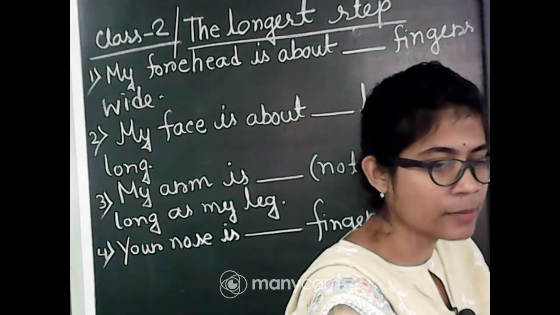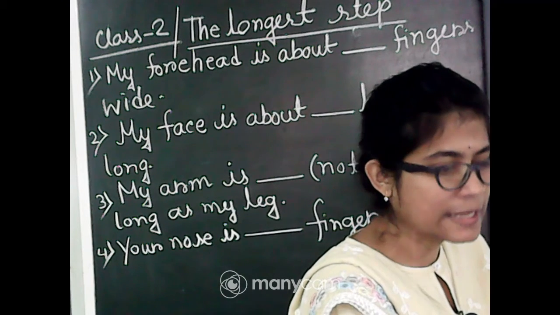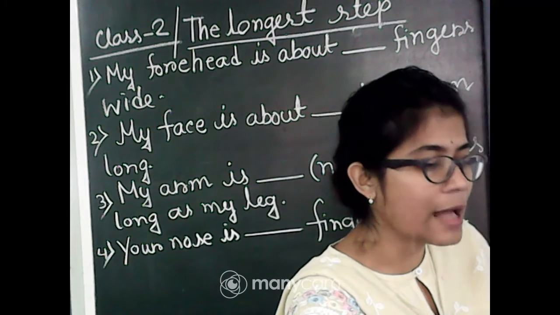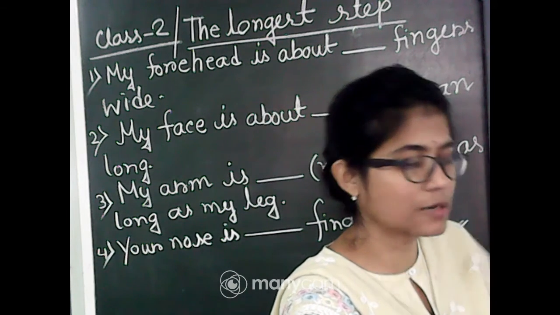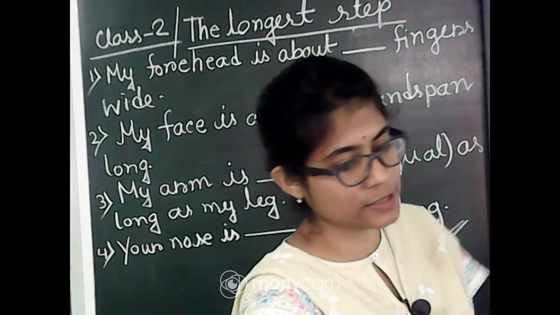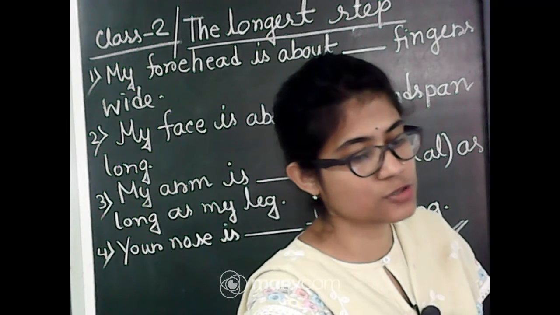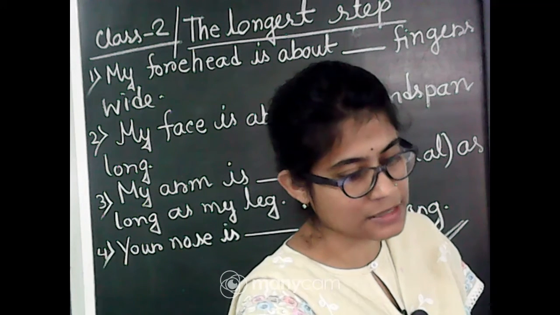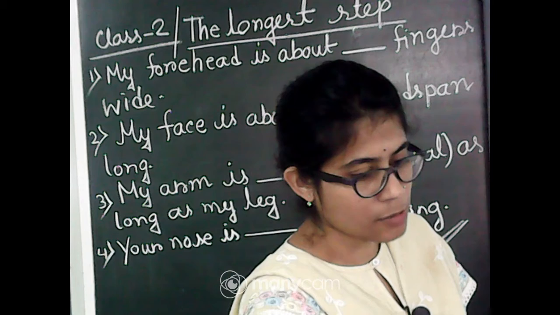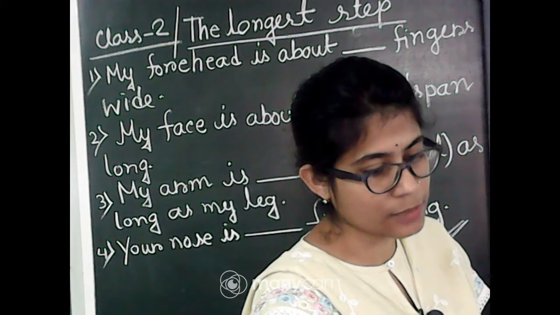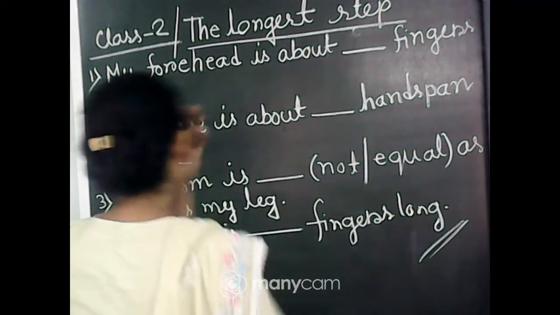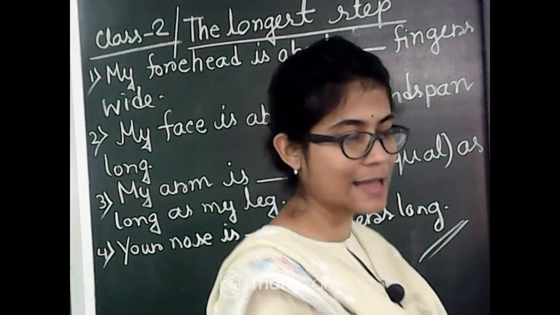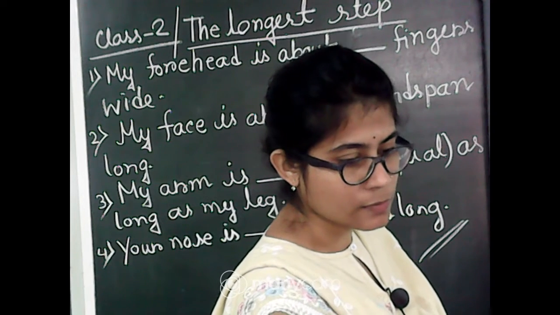My face is about 2 handspans. Ankita Nashkar, can you turn on your front camera and just measure it. Let me show it. You just show me, measure it in front of the camera, then I can see whether you are correct or not. My nose is dash fingers. My nose is how many fingers? It's 2, 3, 4. How many fingers? You have to write down. Okay.